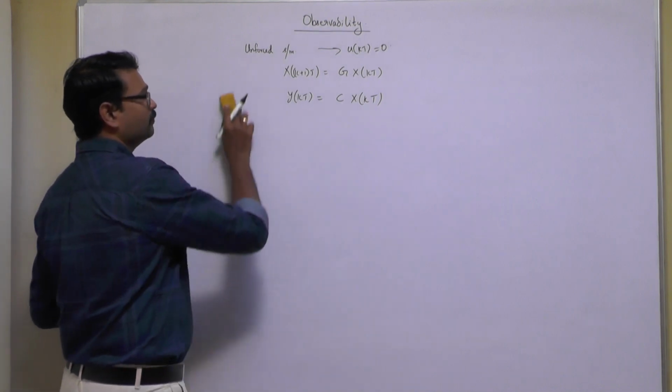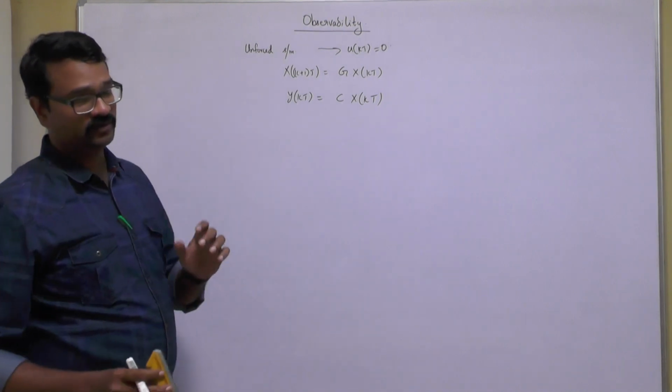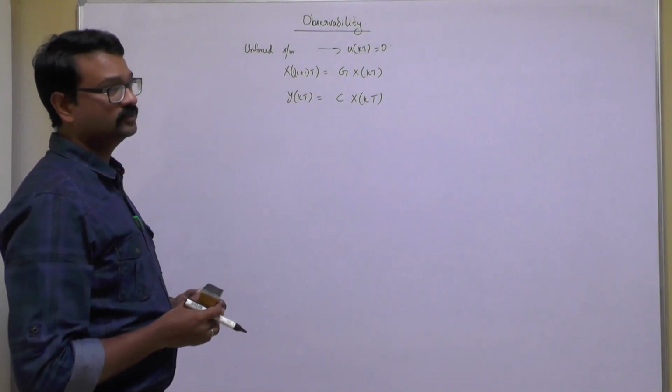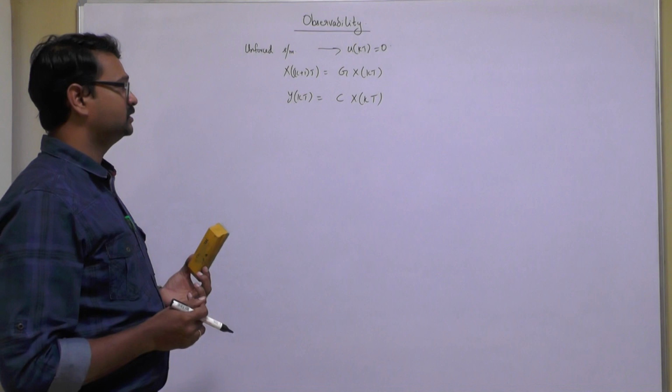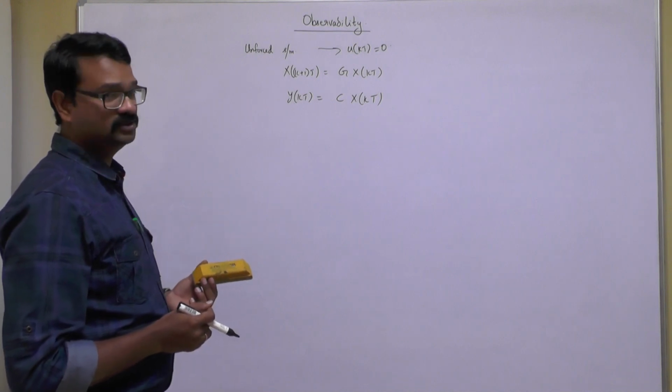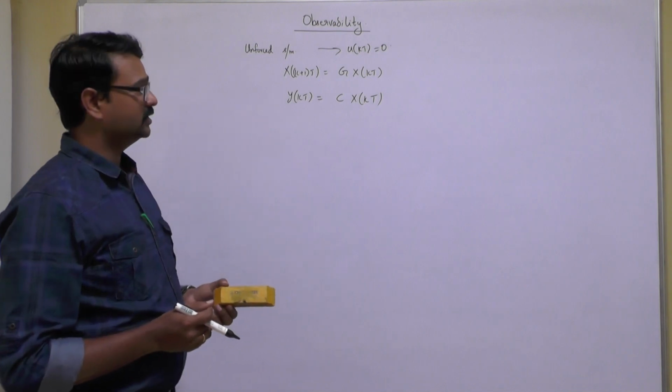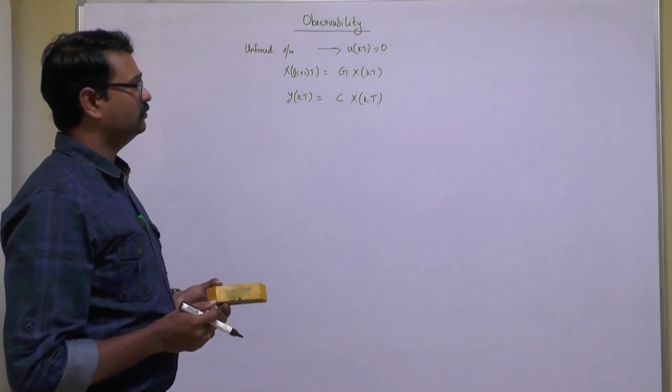So with this unforced system, let us determine what observability is for this system. An unforced state equation, x of k plus 1t is equal to g into x of kt and y of kt is equal to c into x of kt. You can see that